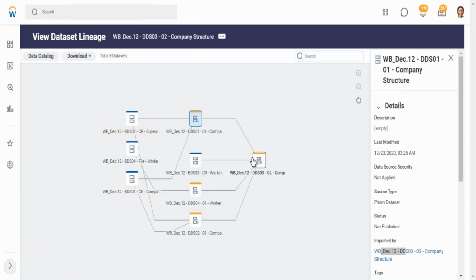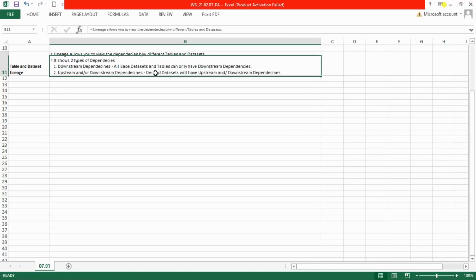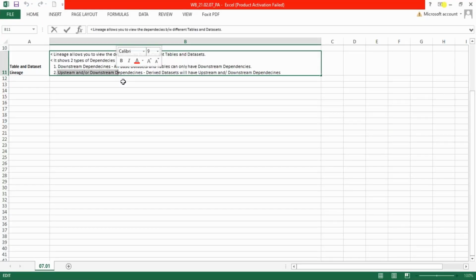So your derived data sets, if you look at this derived data set once again, it only has upstream dependency. It doesn't have any downstream. Whereas this derived data set has both upstream as well as downstream. So your derived data sets may have both upstream as well as downstream dependencies. This interrelationship between different data sets in terms of upstream and downstream dependencies is what defines a lineage diagram,